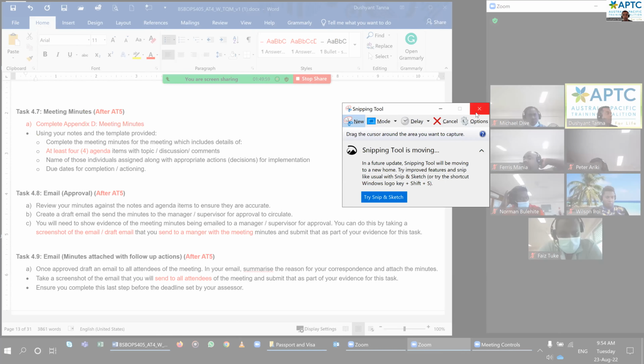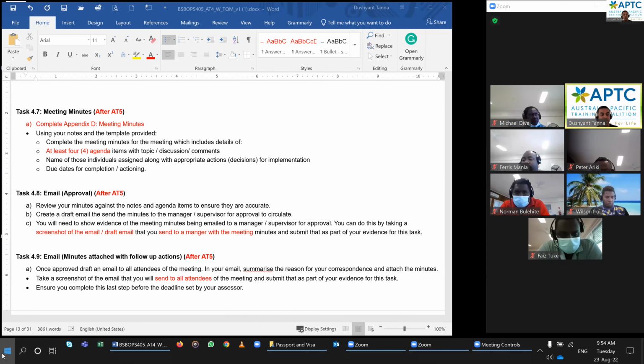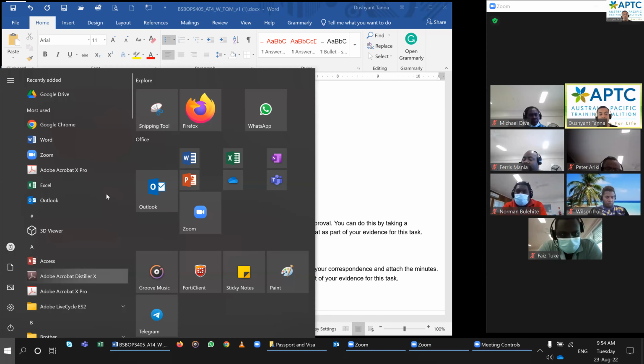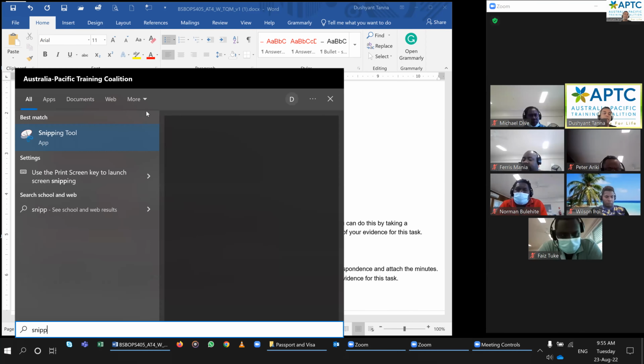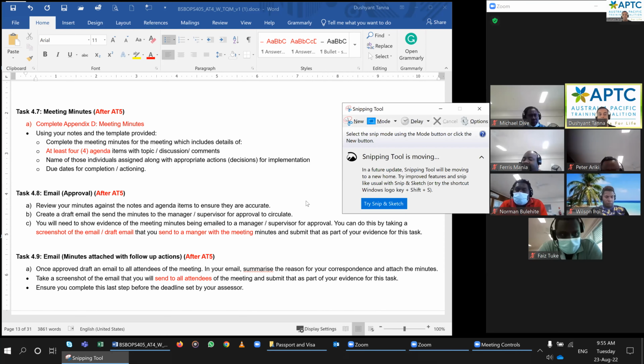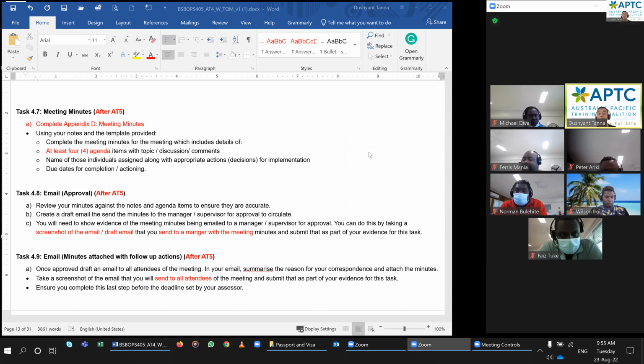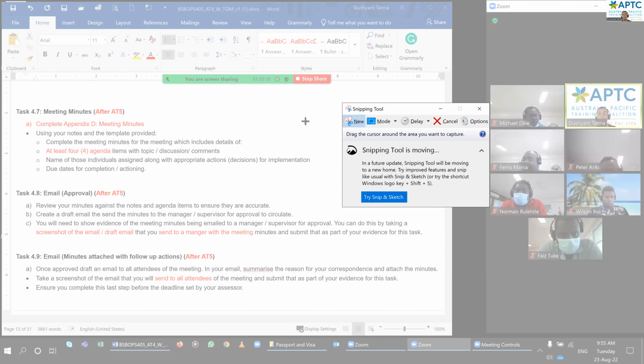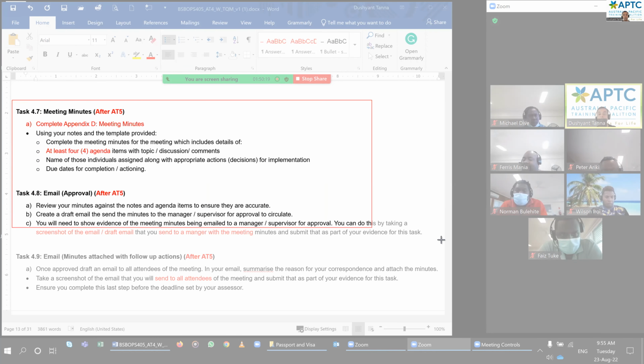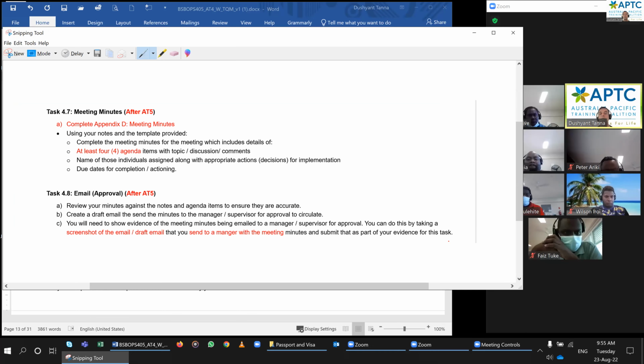Okay, let me start from the beginning. You go to your start menu, go to the snipping tool. If it is not here, because I use it a lot, you might have to type in SNIP and it will come up, snipping tool. Once you go there, select new, like a session, and the whole screen will go blur, like literally frozen. Okay, and then you capture a portion of the screen, and that's your